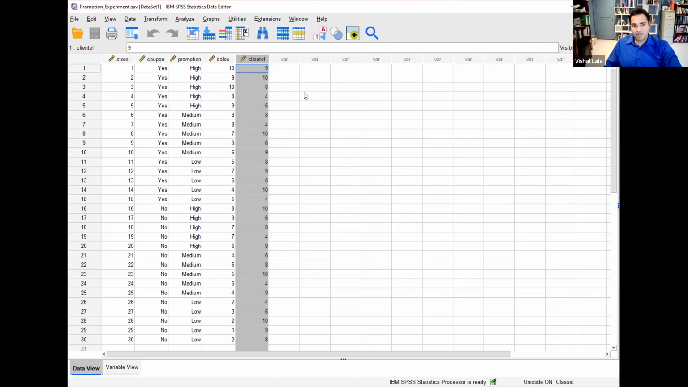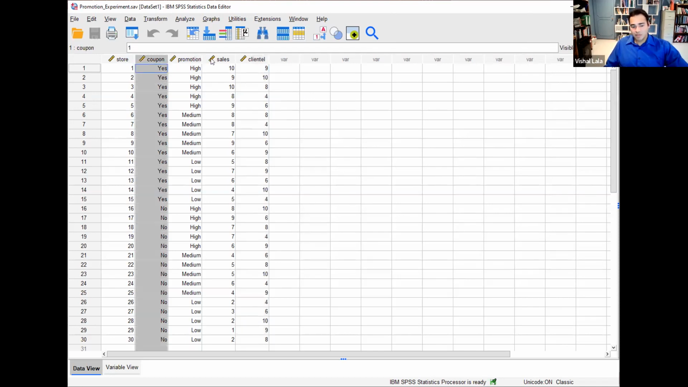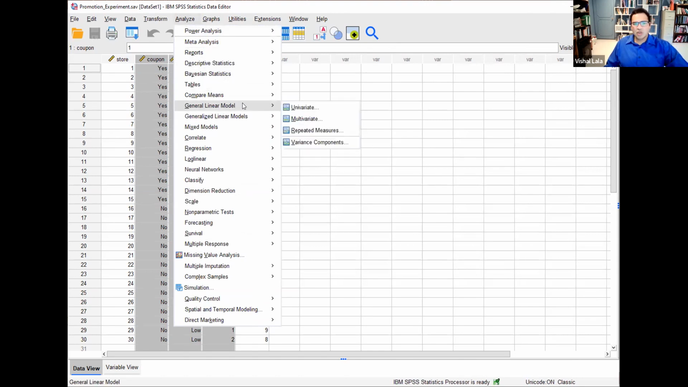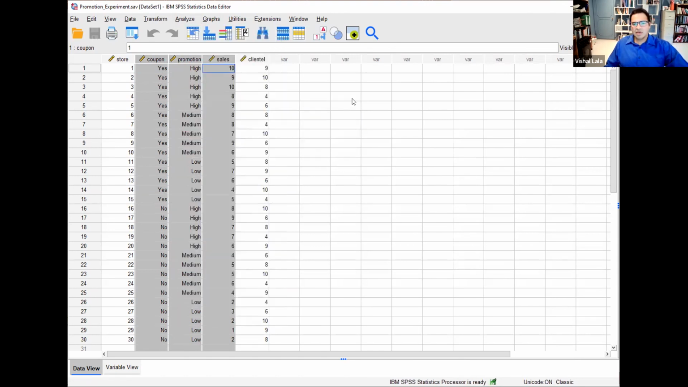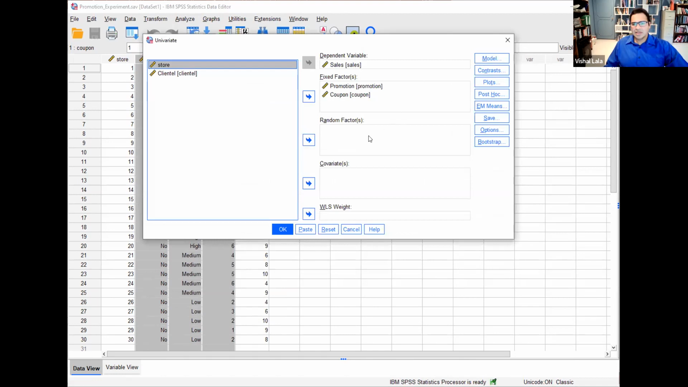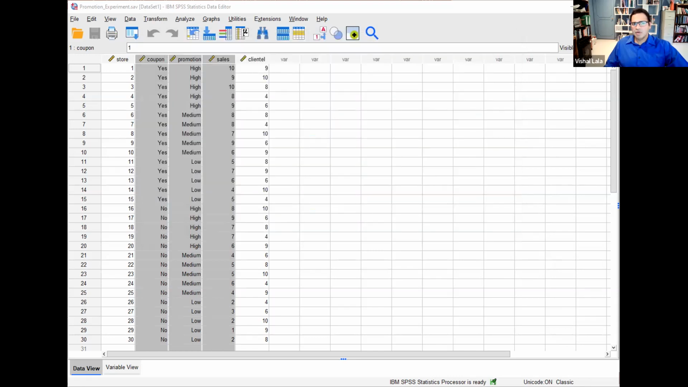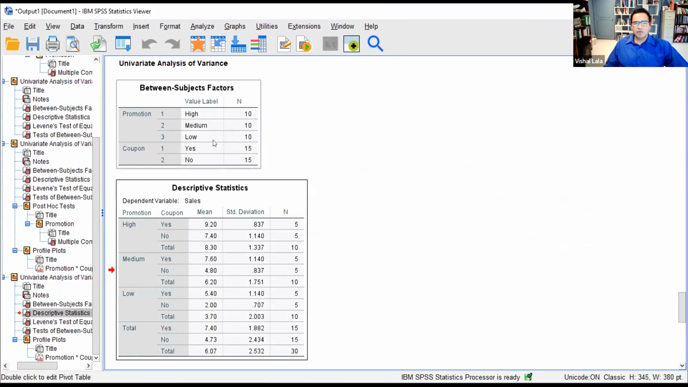This would then be called an ANCOVA. So our setup is the same as before. We're examining a 2-way ANOVA with interaction effect and also accounting for clientele. To do this, we'll go into GLM, univariate, and the setup is identical to the last one. So in this case, I'll get a little lazy instead of setting it up again. All I'm going to do is move clientele over to covariate. Everything else is the same. That's it. Okay, if you go to output now, you'll see in the output window,